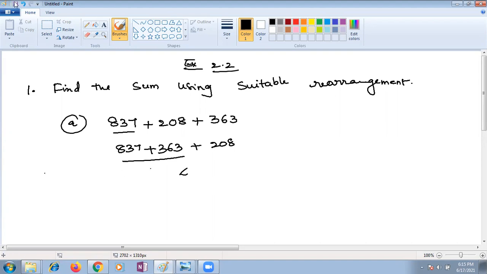Is it the same reason, Jaydeep? No, ma'am, because when we add those, we will get zeros at the end, which can make our calculation easier. Very good, Nana. See the units place here 7, here 3. If you combine those, our answer gets as tens like that, so that your calculation part is more simple.